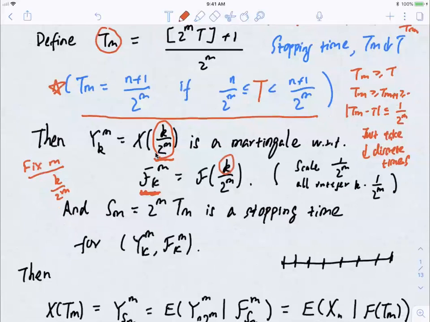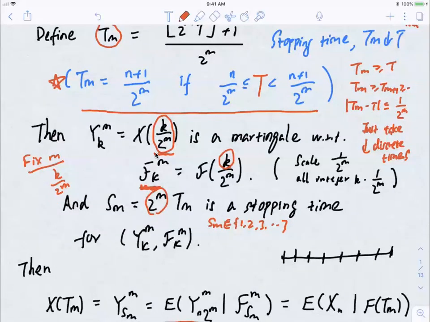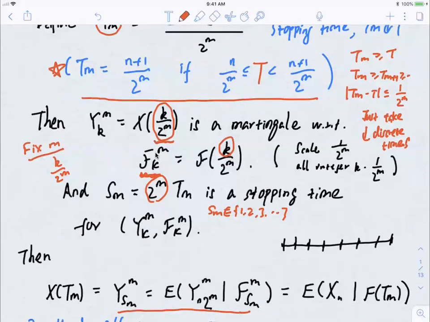So this is easy to get. We just multiply by 2^m, so we get S_m. Now S_m equals 1, 2, 3, etc. So this S_m is a stopping time, and S_m takes discrete values, so it's a discrete stopping time. We can show that Y_k^m, which is obtained by taking the discrete slice of the continuous martingale,